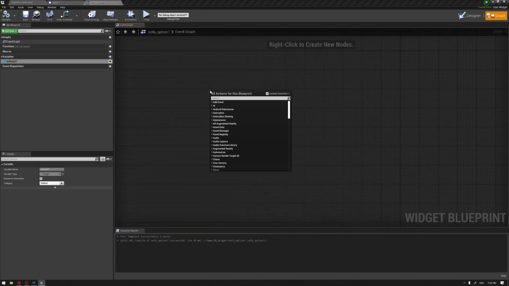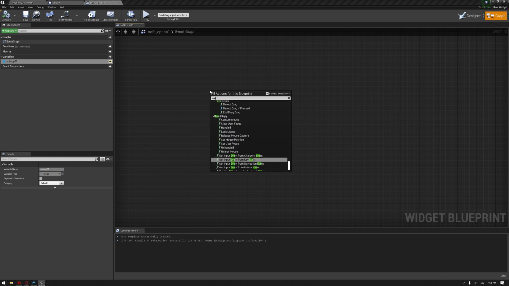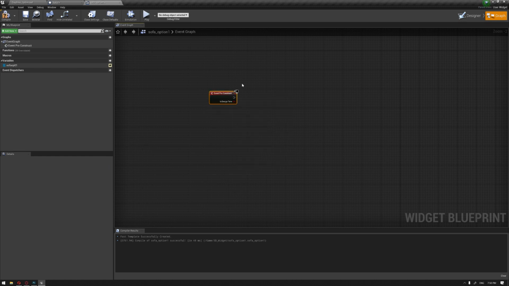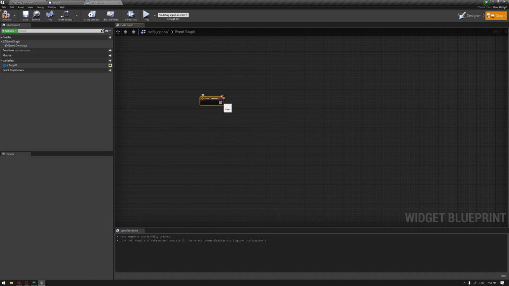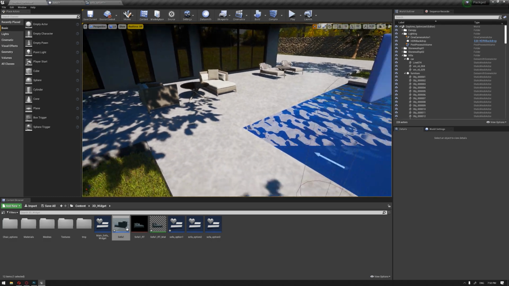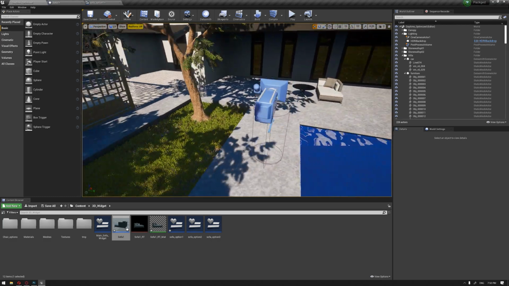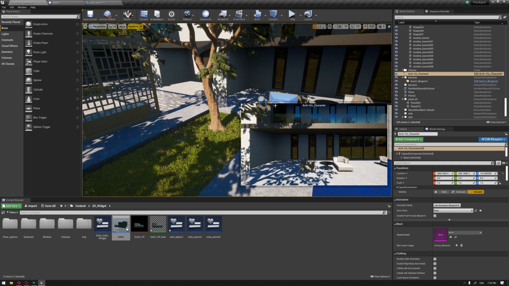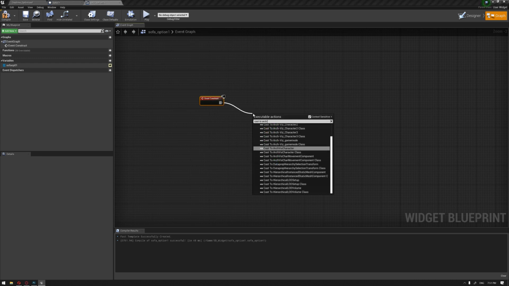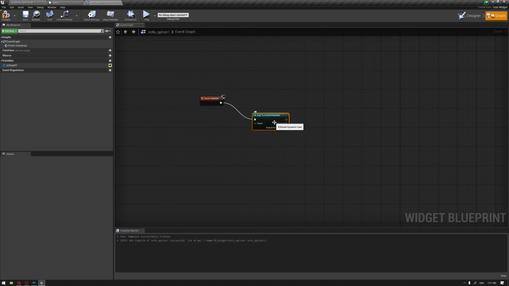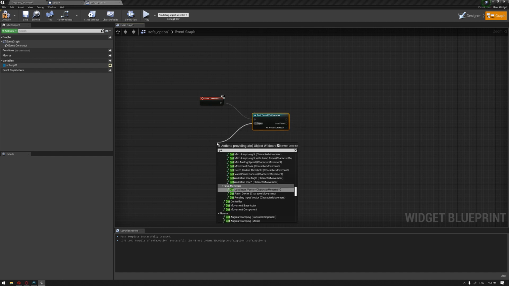Okay, inside our event graph, we're gonna create an event construct. Okay, and we want to cast this to our character player inside our scene, where this player is actually the one that's gonna be able to rotate the sofa inside that widget. So we need to make sure that the name is arcviz character, so cast to arcviz character, and then we're gonna get the player character,